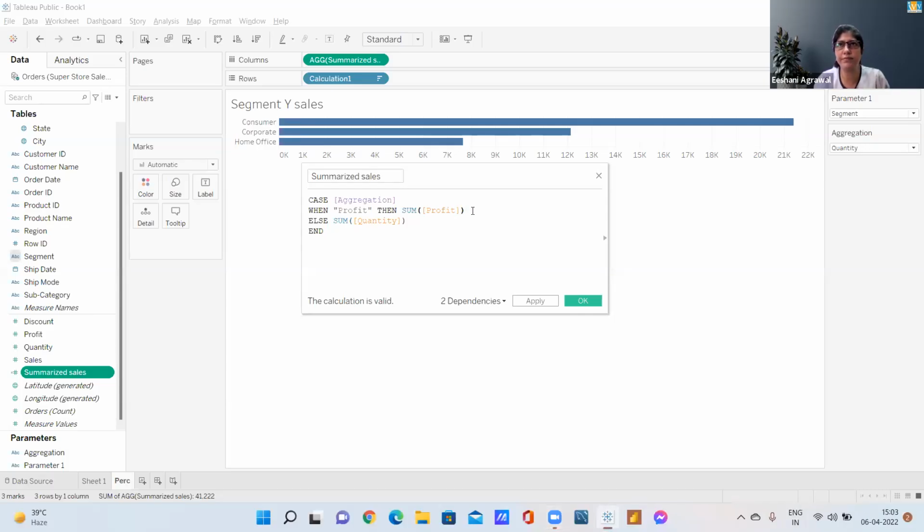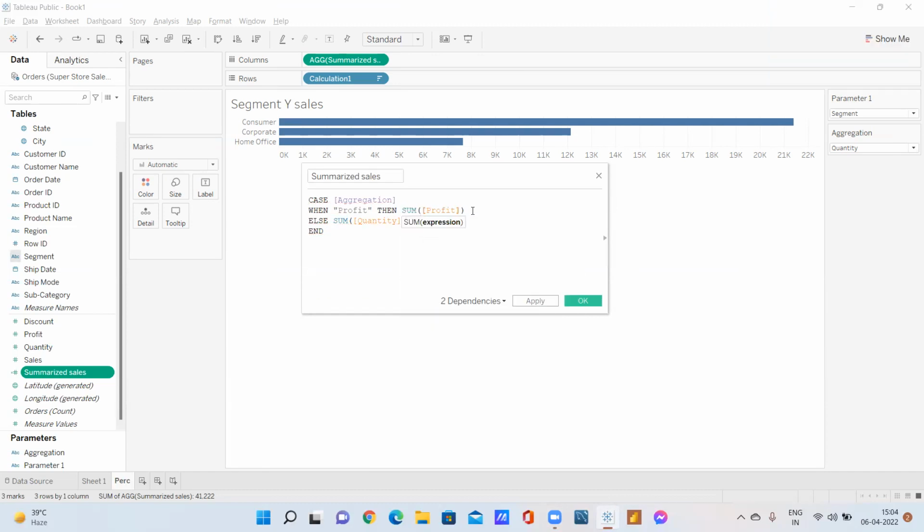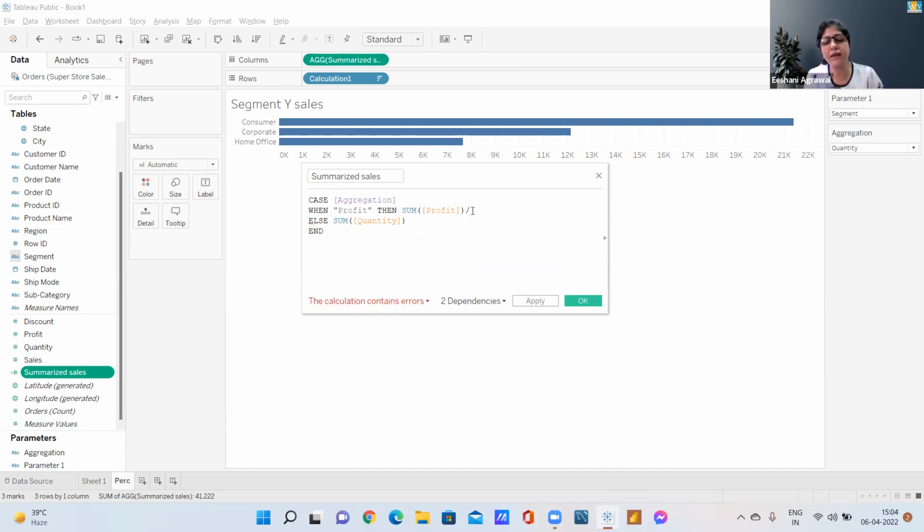In the meantime, can everybody plot subcategory wise on a different sheet? Plot subcategory wise sum of profit. Everybody please plot subcategory wise sales in a different sheet. All right. Okay, now in this sheet